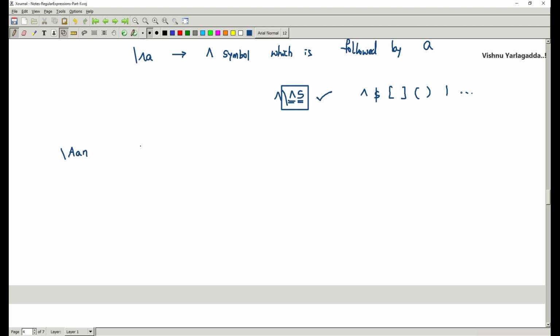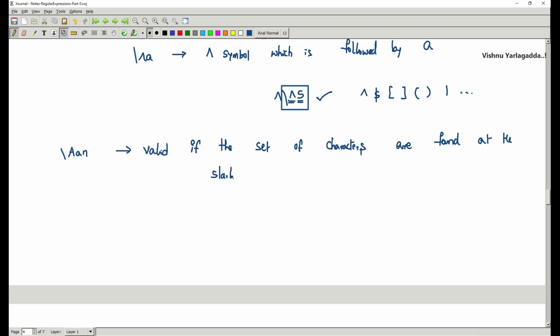If I give it like this, then it is valid if the set of characters is found at the start of the string, at the starting position of the sentence.